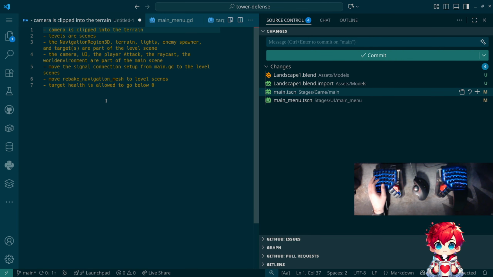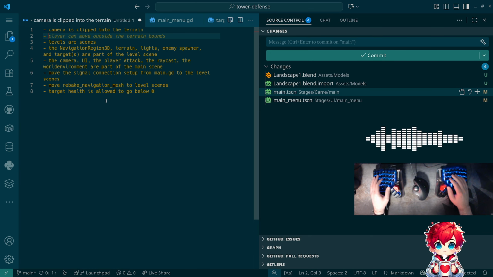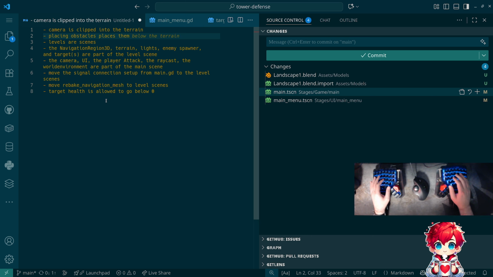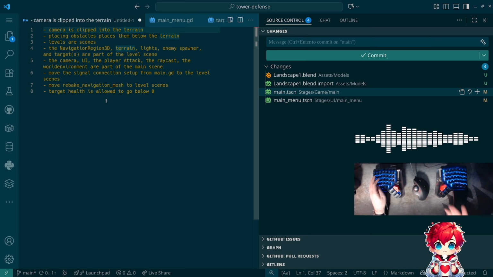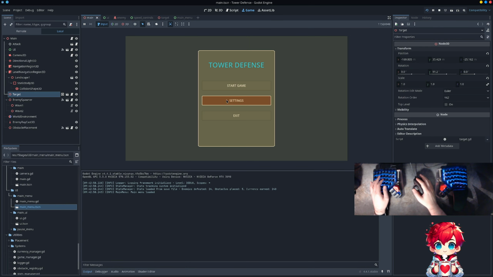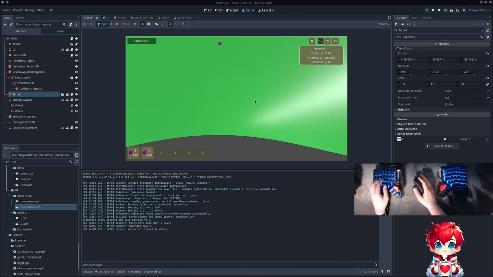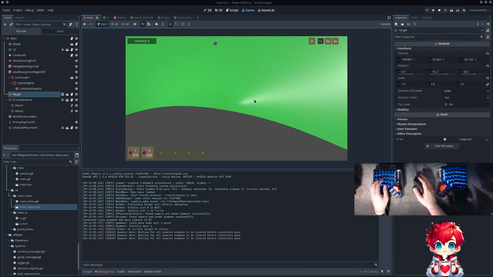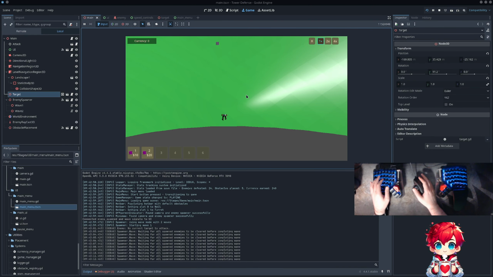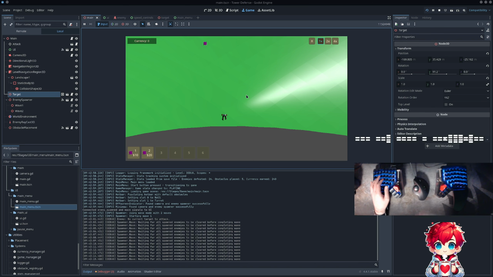So, how do we want the camera to work? Oh, right. And the other issue is that placing obstacles places them below the terrain, right? Those are the things that we observed. But how should the camera behave? So when we're here, we don't want this. So the distance from